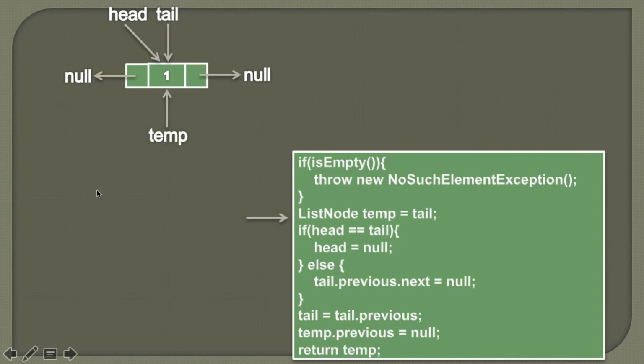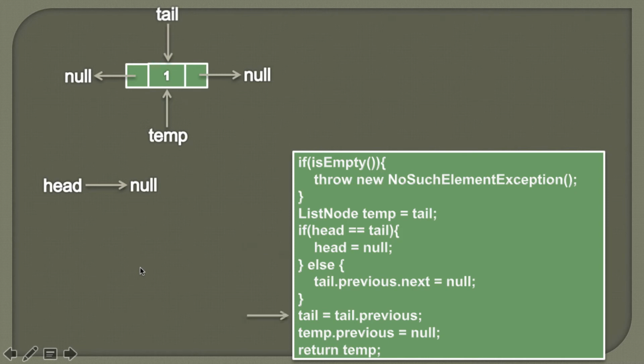Moving ahead. Now here is the case where head is equal to tail because both are pointing to this first node. Therefore in order to remove this node, we need to break these both links, because head is pointing to this node and tail is also pointing to this node, and we need to break both links so that this node can become free to be removed. So in the if part we'll simply assign a null value to head. So we have removed one link.